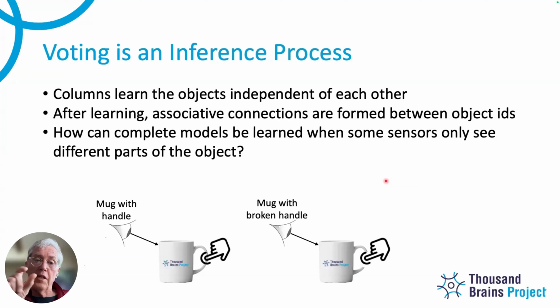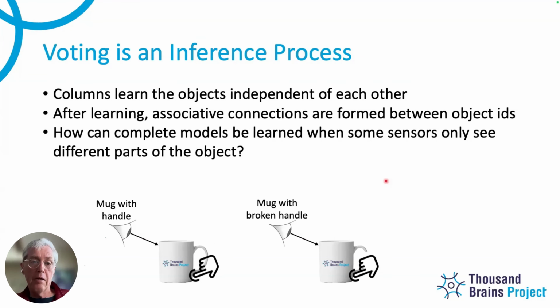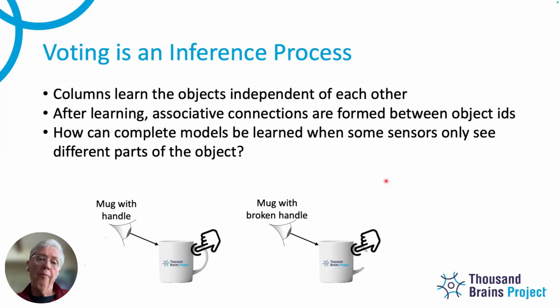So then you're going to look at the details of that handle and look at the top, the back, and you're going to move around its edges and so on. If I see there's a logo on the mug and I already know the logo, then I could attend to the entire logo at once and say, there's this logo, and it's at some location. But attention is always a location, a subset location of the object you're learning, and it's always a feature that you can recognize at that location, whether it's a simple edge or a more complex feature, it doesn't matter. But it's something you've inferred, a feature you recognize.